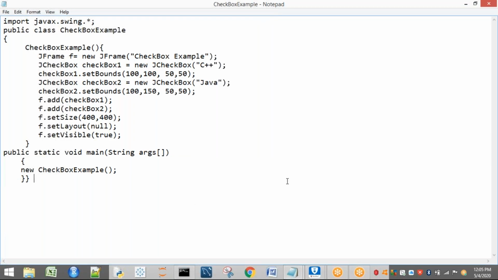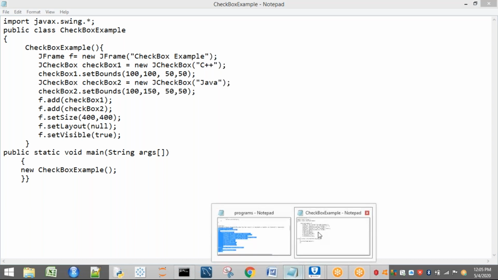These are the basic programs, because if I explain very complex programs, you cannot understand clearly what is meant by a checkbox. If you understand this concept, with basic programs on these checkboxes or any of the components, it is very easy to understand the complex programs also. Okay, right. Now let us see the next class.